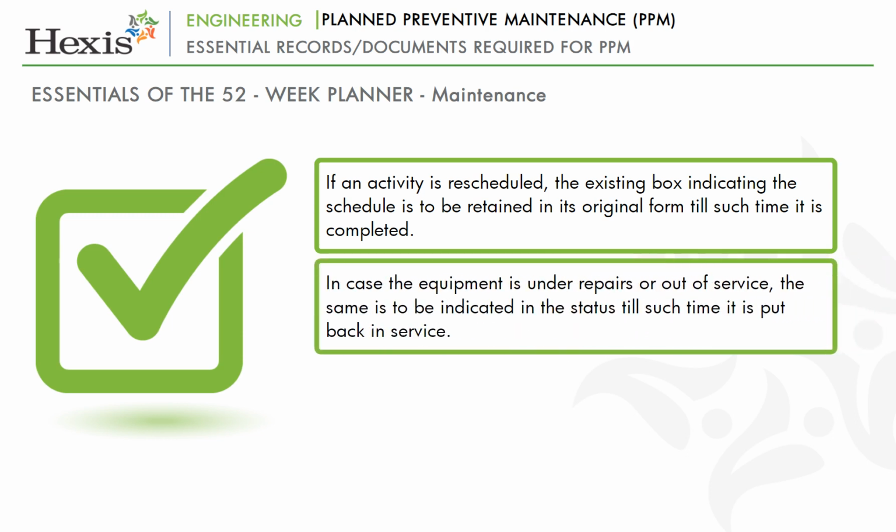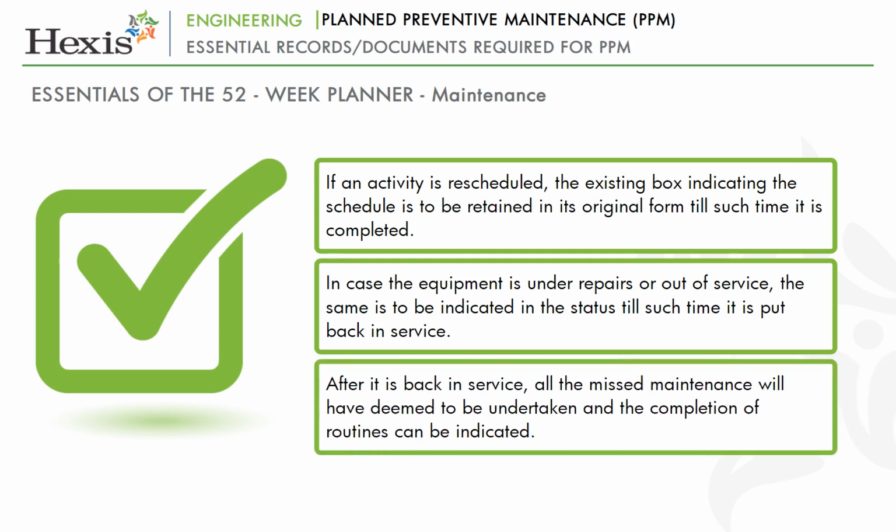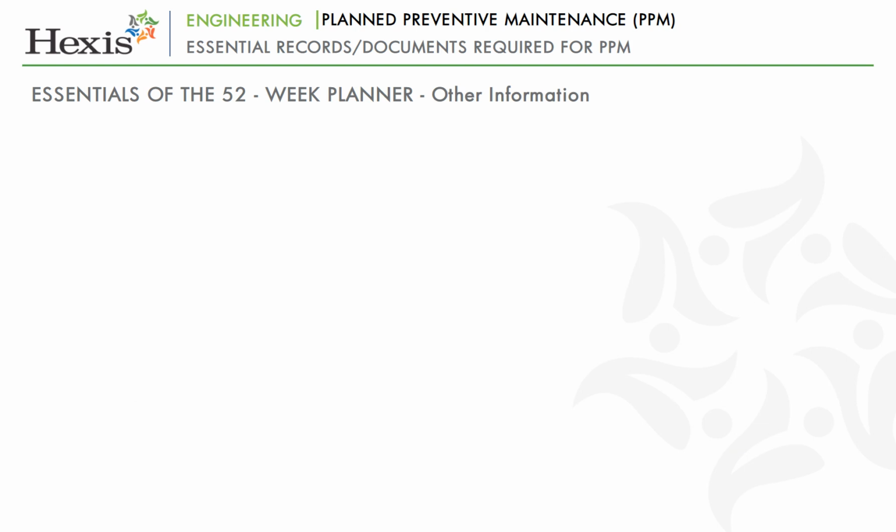In case the equipment is under repairs or out of service, the same is to be indicated in the status till such time it is put back in service. After it is back in service, all the missed maintenance will be deemed to be undertaken and the completion of routines can be indicated. In addition to the maintenance activities scheduled in the 52-week planner, the following is also required to be included in the planner: